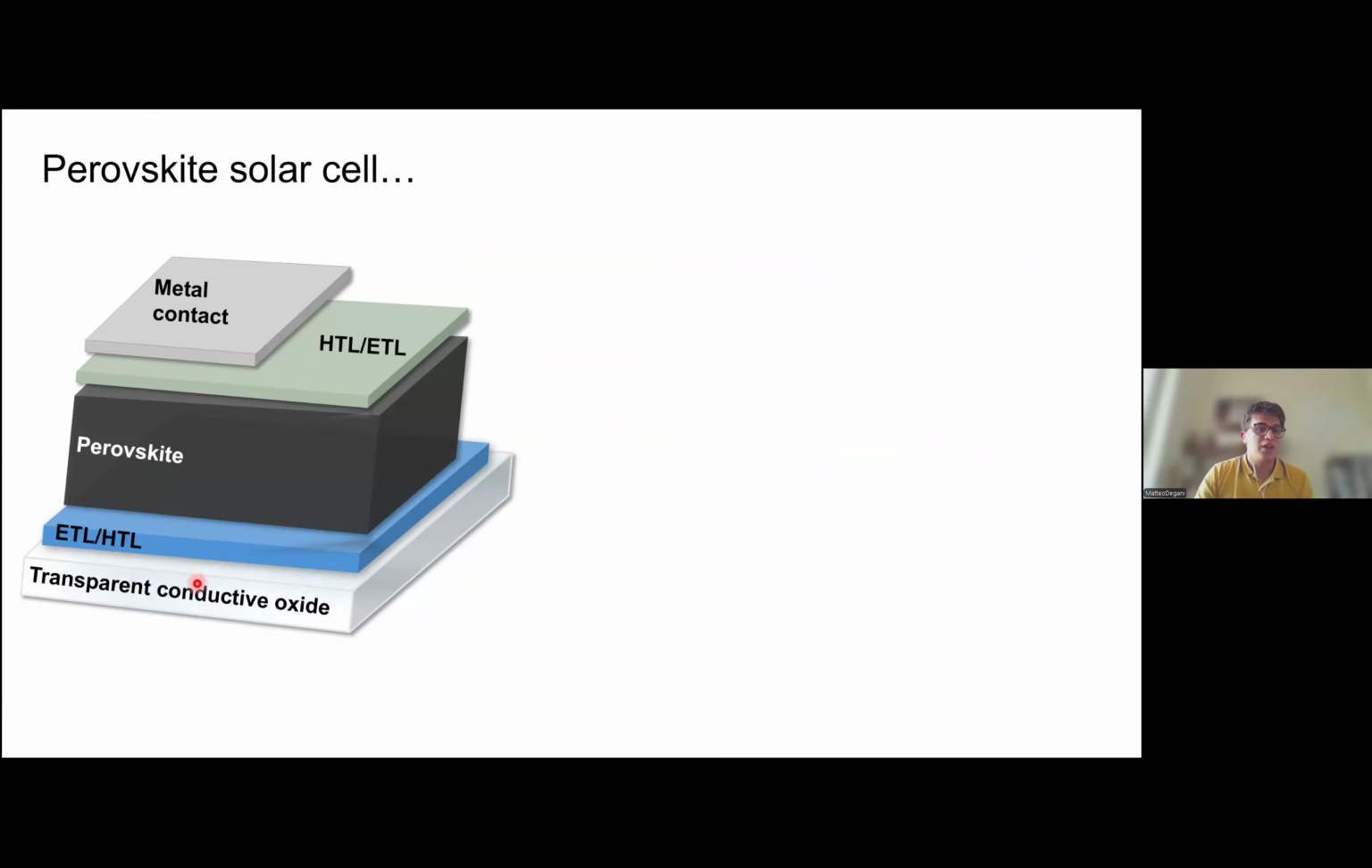Depending on the first extraction layer, according to the light path, we find the PIN structure or NIP structure, respectively inverted and regular structure. The passivation is usually on top of the surface of the perovskite, and the reason for this is that here is where most of the defects are located, and also where the grain boundaries